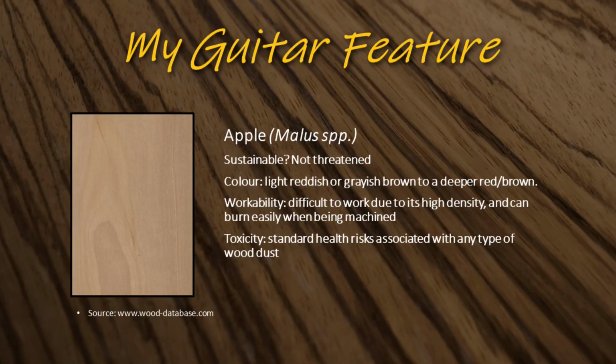Now then, apple. It's not threatened. It's sustainable, which is really good. It has a colour, reddish, light reddish or greyish brown to a deeper red brown. That looks really nice. On the woods database, they say it's quite difficult to work due to its high density,